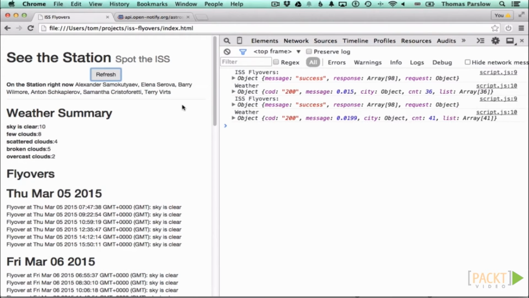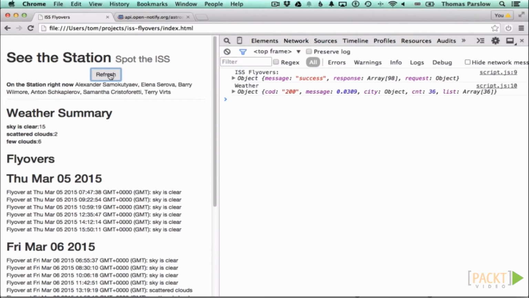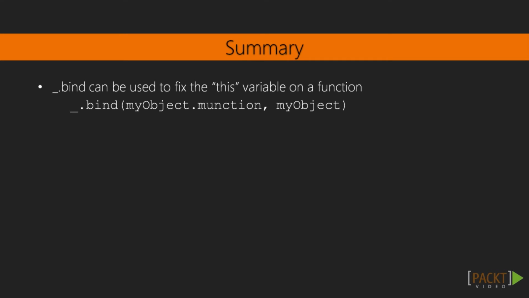And let's just see that it's all still working. Refresh, and good, it is still working. In this video we saw another example of the use of the extend function to add properties to an existing